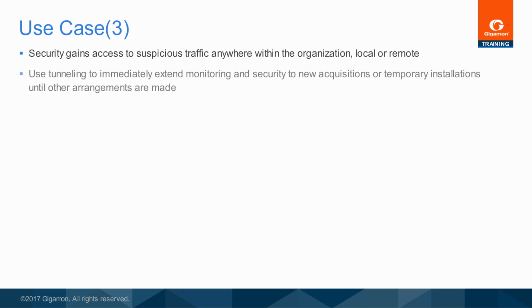When a new remote site or resource requires monitoring, immediately deploy tunneling to extend the full measure of existing monitoring and security to the new resource. If the site or resource is temporary, this may be adequate for the duration. If the site or resource is ongoing or permanent, then immediate coverage via tunneling provides time for analysis of the monitoring and security requirements so that suitable provisioning may be planned, budgeted, and deployed.